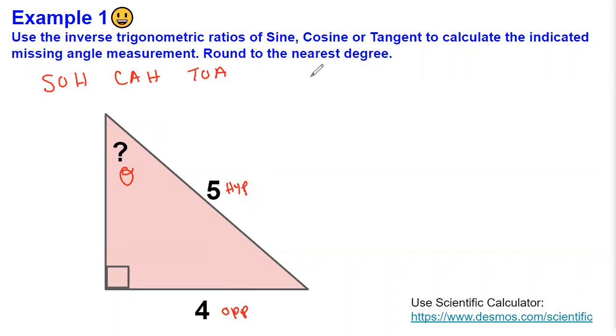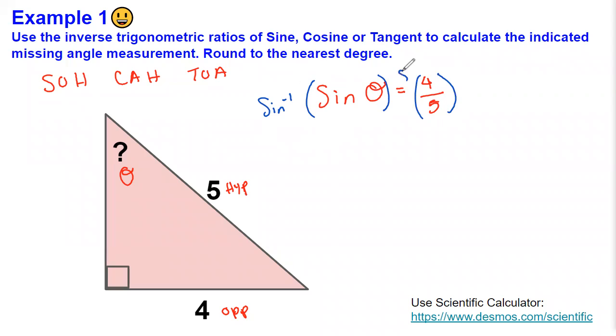So we're going to write it out as we usually do. Sine of theta equals, this time we're going to have a complete ratio, we're not going to have a missing part, so we write 4 over 5. This is where our inverse operation comes in. We do the inverse of my left side, sine inverse, and I have to apply the same exact inverse on my right side. This cancels out the sine on my left side, and I'm left with theta, which is what I want, the angle measurement. And I'm left with sine inverse